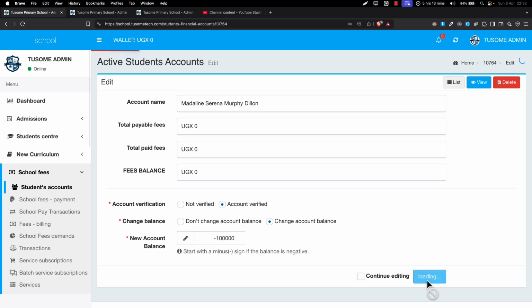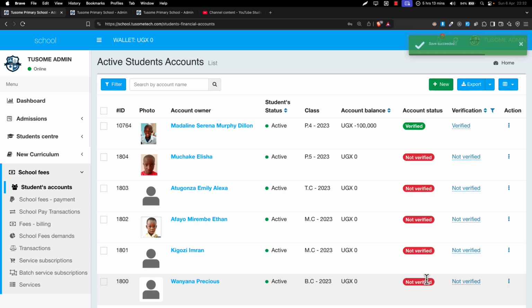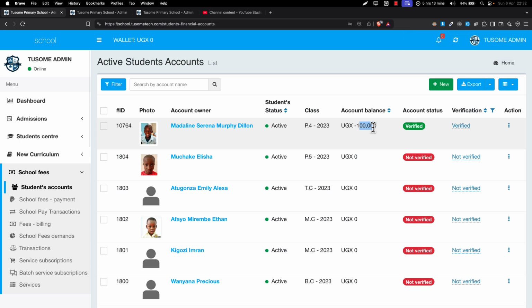The system will process and then set the student's balance to be this amount that I've set. However, you're supposed to do this only when you start using the system, or maybe when things have totally failed to balance and you want to force the system to display a specific balance, then you'll do that. So you go ahead and do that for the rest of the students, so the system can start from there to take students